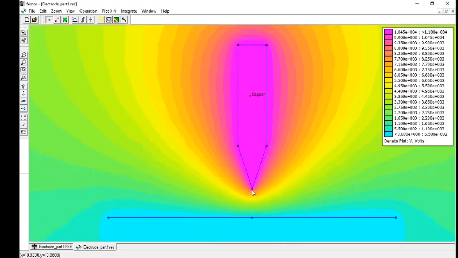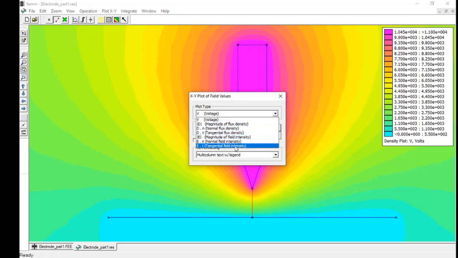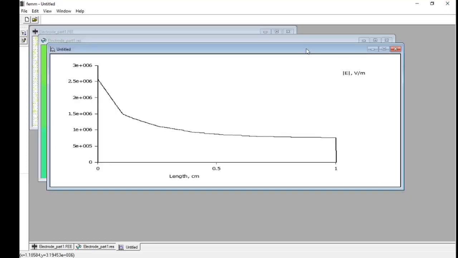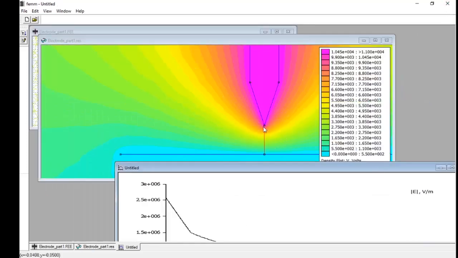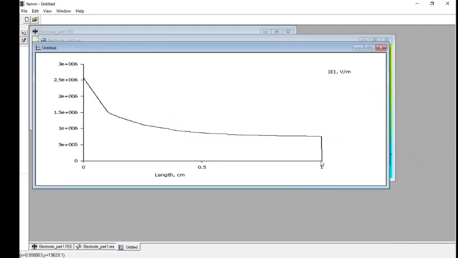It's here. So now if you want to plot some things, we'll just click on this line segment node here and then go from this to this point. A red line will appear. Having done that, one can go for plot, and then we'll go for the field intensity, magnitude of field intensity. So this is the observation. You'll see this 0 pertains to this tip, and the moment it reaches the plane, it reaches this ground potential here, 0.